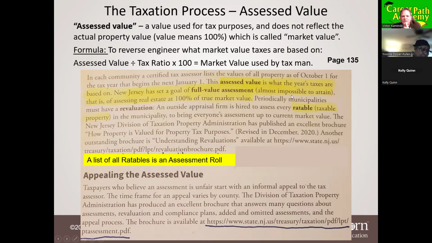Okay. So what is New Jersey's goal when assessing property values for taxation purposes? The answer is full value assessment. Now, does New Jersey assess all properties exactly at market value? No, that's their goal. But it says right here, almost impossible to attain because they would need to get an appraiser in your house every year. So you need to understand that for an exam question. What is New Jersey's goal? Full value assessment. But does New Jersey tax properties at their full value? No, that'd be next to impossible to do, unless they sent an appraiser into everybody's house every year.